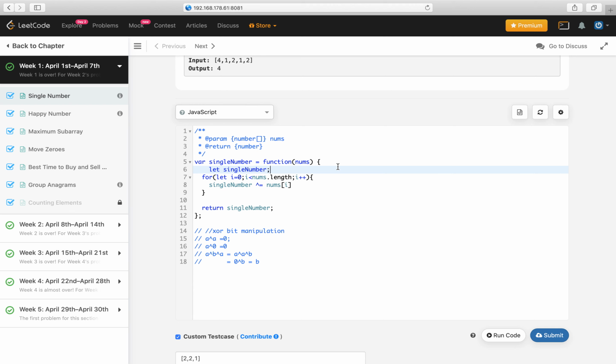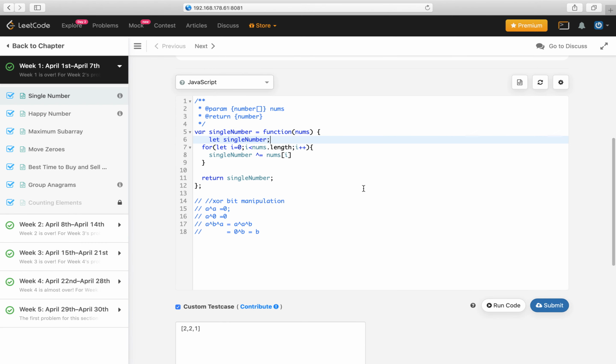Personally, I like the hash map solution more because it is very obvious, and this solution is not so obvious unless you know that XOR works like this and how the bit manipulation works inside the XOR. But this is one of the ways. Maybe it is nice to know. Tell me your views about it. Thank you.